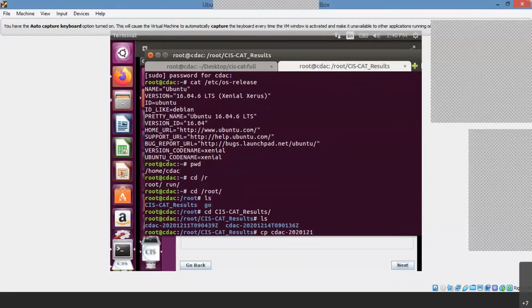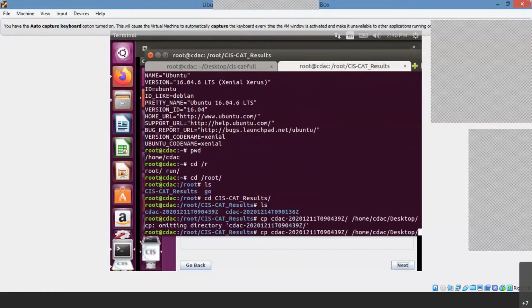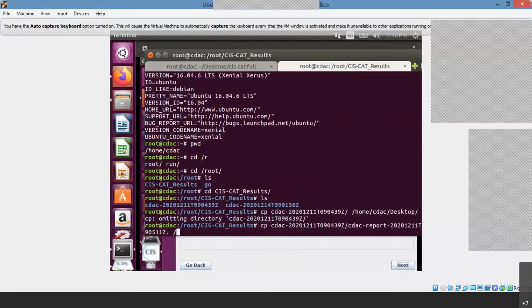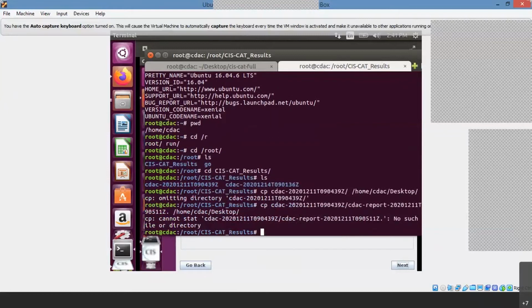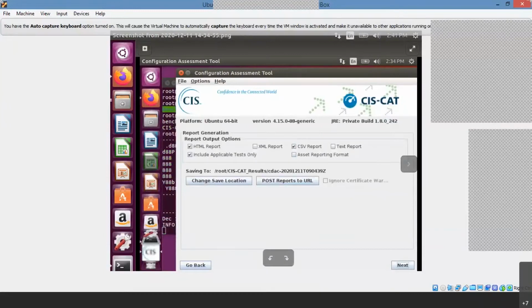Copy CDAC. Yes. So we can directly go to this root file system.